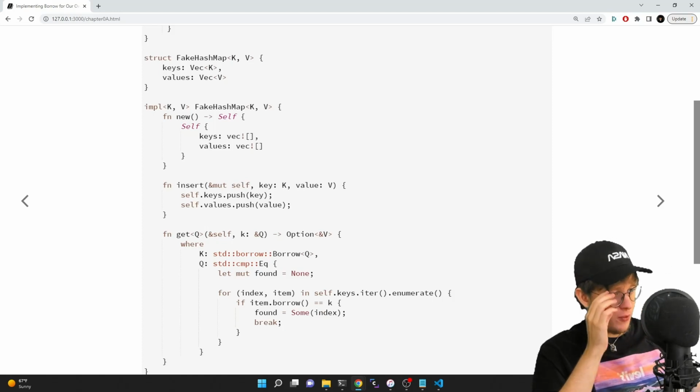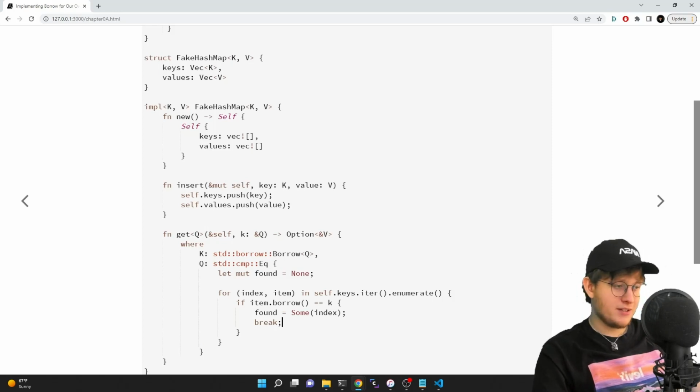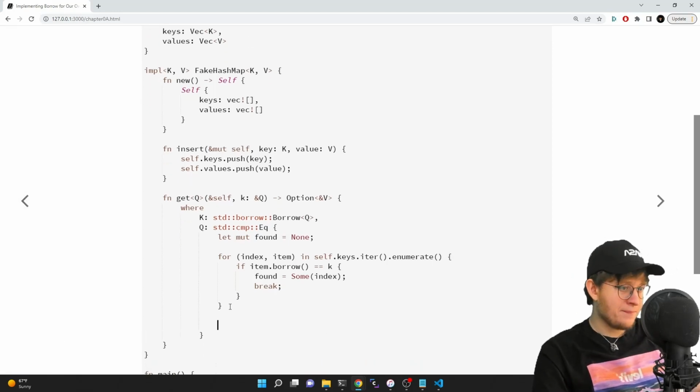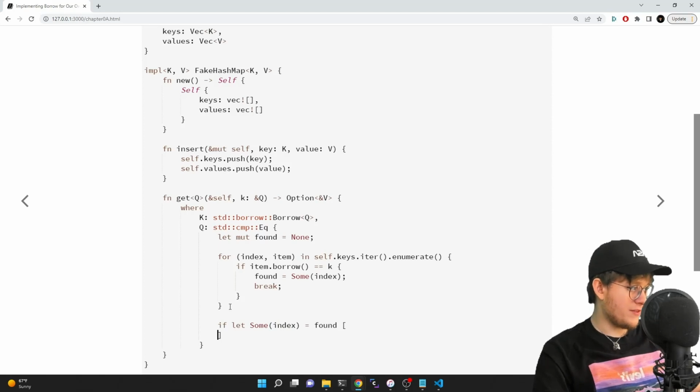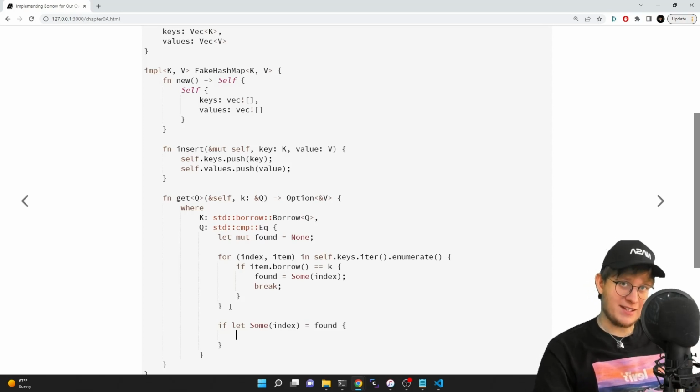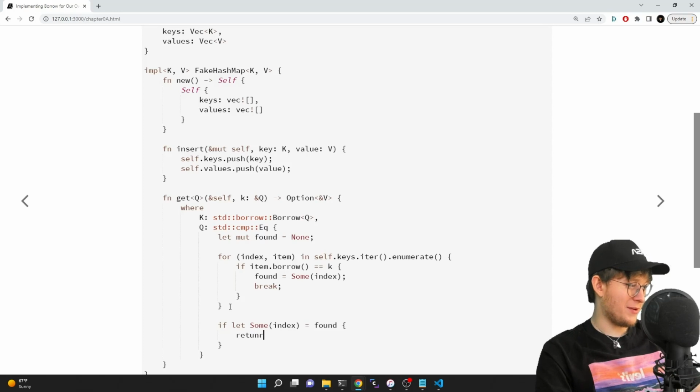Now outside of our for, we can do an if let to check if found matches Some(index), right? The Some(index) pattern. So outside of the for, we'll say if let Some(index) matches found. Well, if it does, we can just return Some of a reference of the value at that index in the values vector. So now you've seen how amazing it is. So Some reference self.values